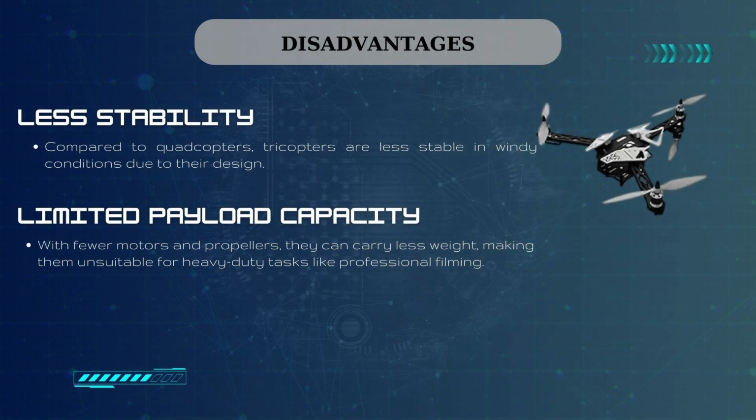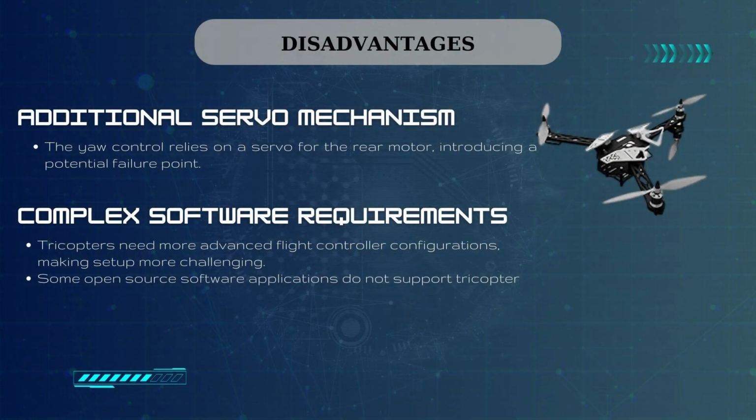The disadvantages are, since we use 3 motors, it is less stable than a quadcopter. Flying it in windy or harsh weather conditions may be dangerous. In addition, since it has 3 engines, it carries less load and can fall directly in case of any engine loss. Among the disadvantages, some mechanical problems arise because we need to make a different connection point because we need